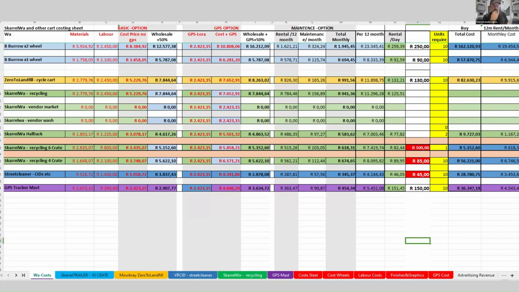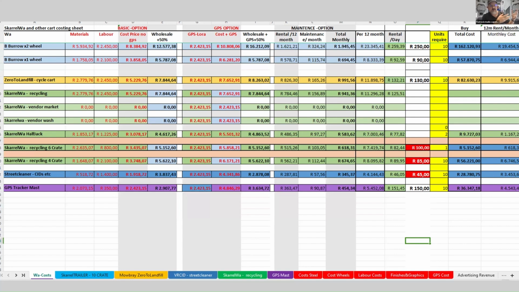But we can use this sheet to change any of our costing. The first column is all the models, and right at the top it says the basic option. That's the bare bones cart, and it has the materials, labor, cost price, and then a wholesale price. The next set of columns is GPS.